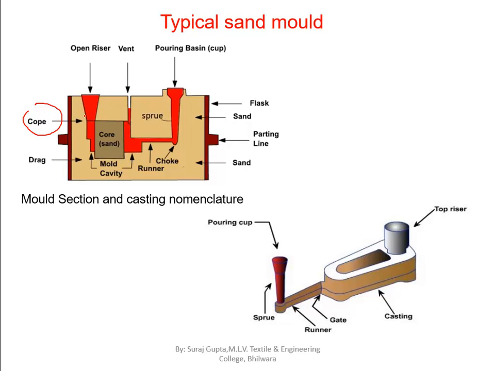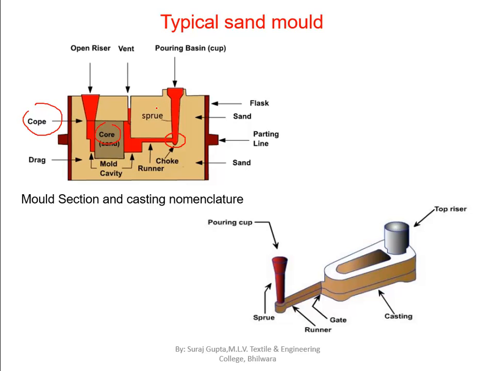And the light brown colored part is all the sand. Molding sand is used to fill all the space provided in the boxes. And this is the riser, and this is the core sand. This core is used for making the hollow part in the product. This is the same type of sand, and it can be a different sand also. It depends upon how much surface finish is required inside the hollow part of the product. And this is known as a runner, and this is known as a choke.